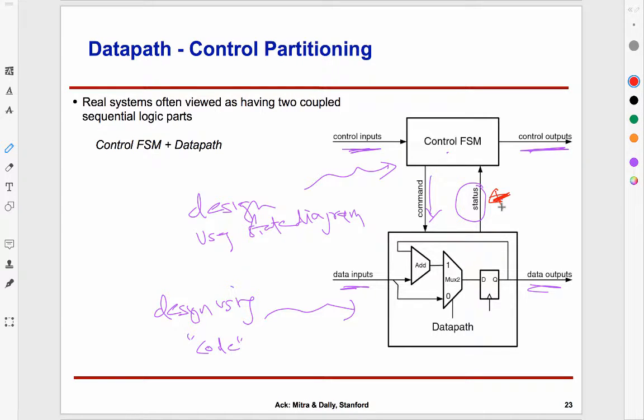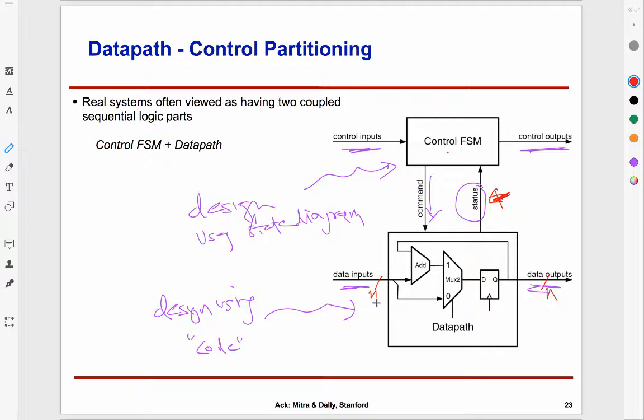This is the data path telling the controller what happened. Like, was there an overflow? Was the result a 0? Those kind of things. Okay, so these are sort of command signals and status signals. What about the outside world? Things which are n-bit stuff, the data type things, they will come or go out of the data path. So this is n-bit, this is n-bit. So these are our data-like signals,